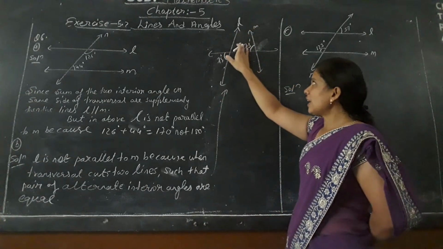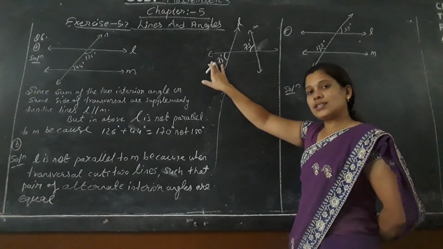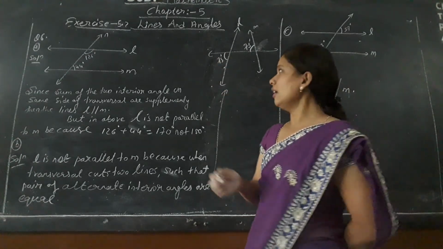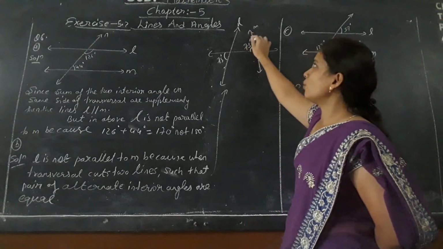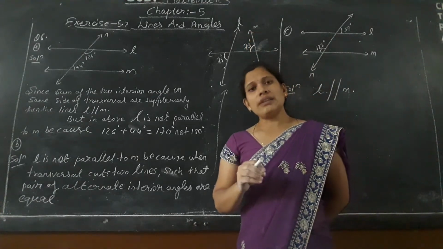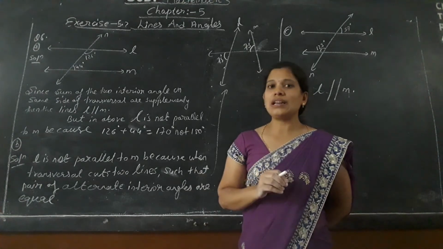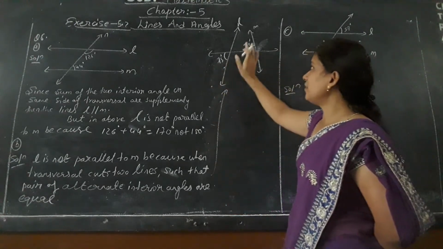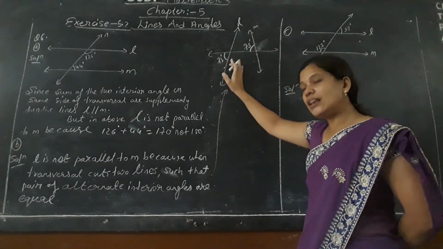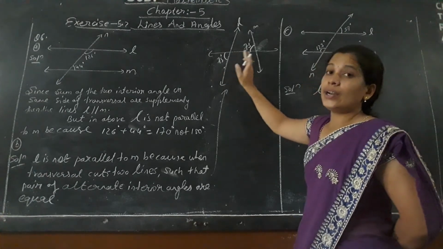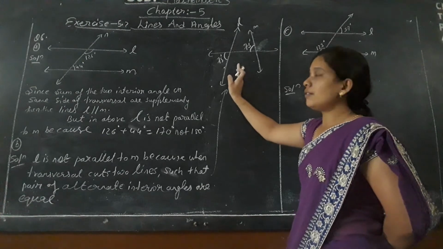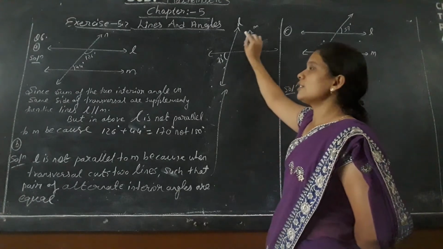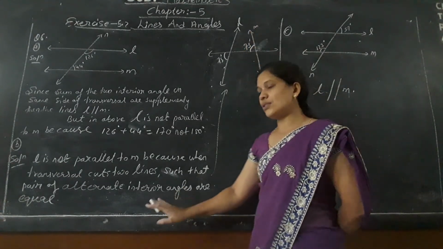and one of the interior angles is given as 75 and another is also given as 75. Now in this question, a statement or property you have already studied. Here we can say that line L is not parallel to line M, because when a transversal cuts two parallel lines, the pair of alternate interior angles made are equal. But these 75 and 75 are not a pair of alternate interior angles, not even corresponding angles, and not even present on the same side of the transversal. It does not satisfy the three properties of the transversal. That's why we can say that line L is not parallel to line M. Clear everyone? So this is the answer for it.